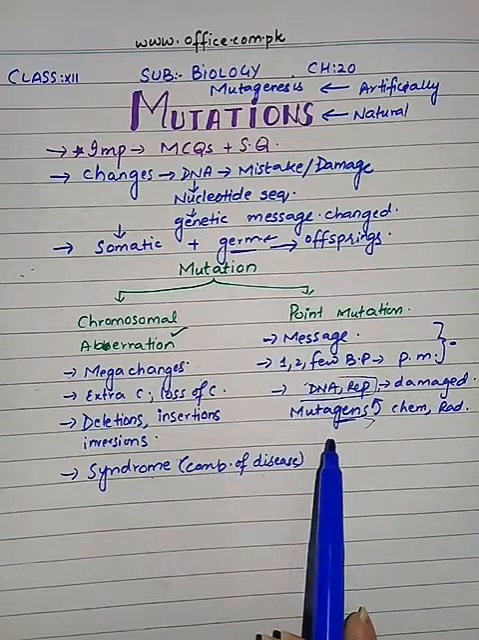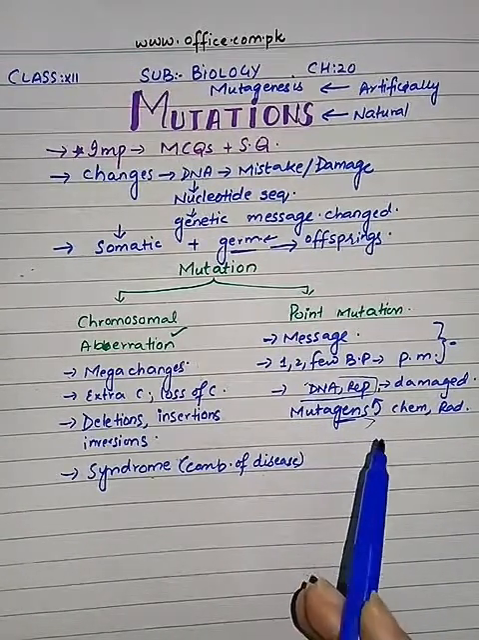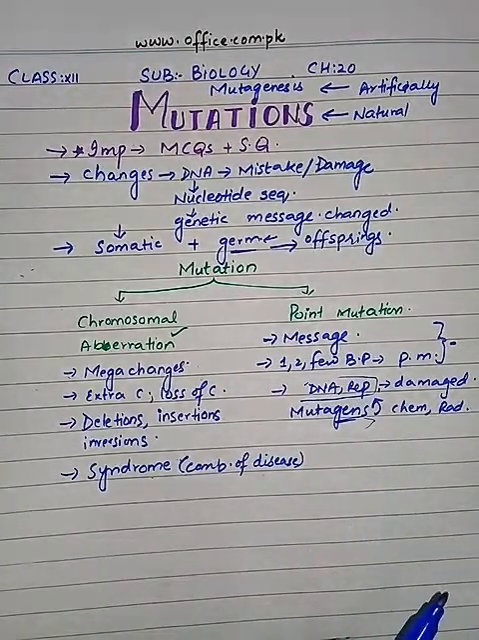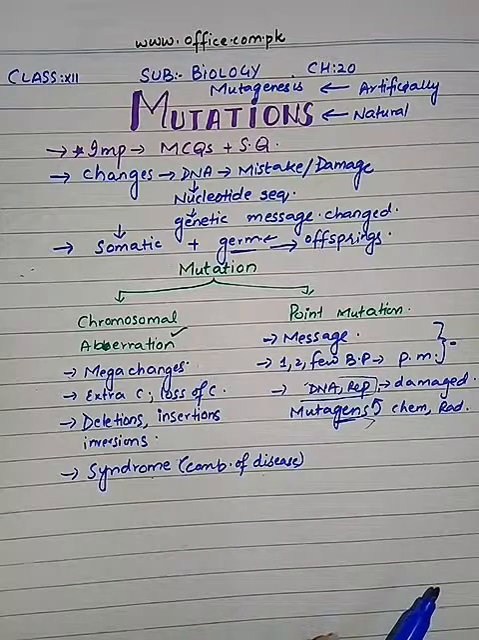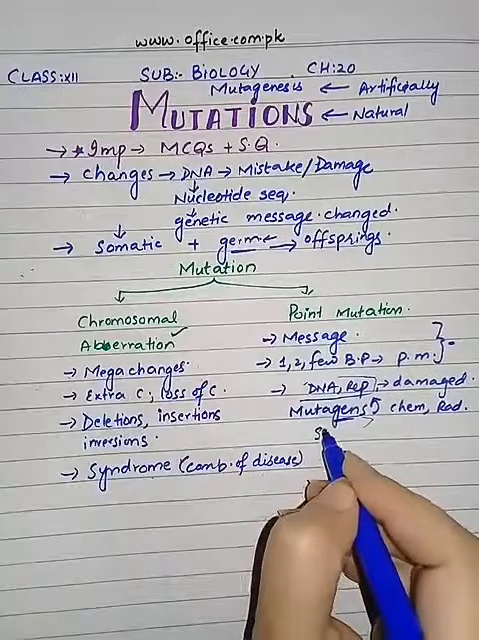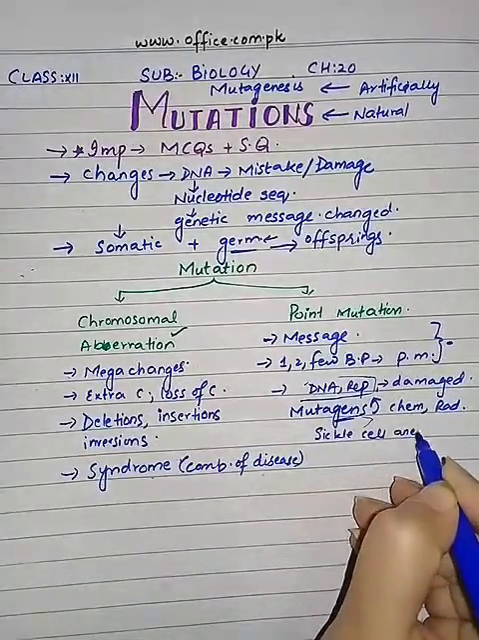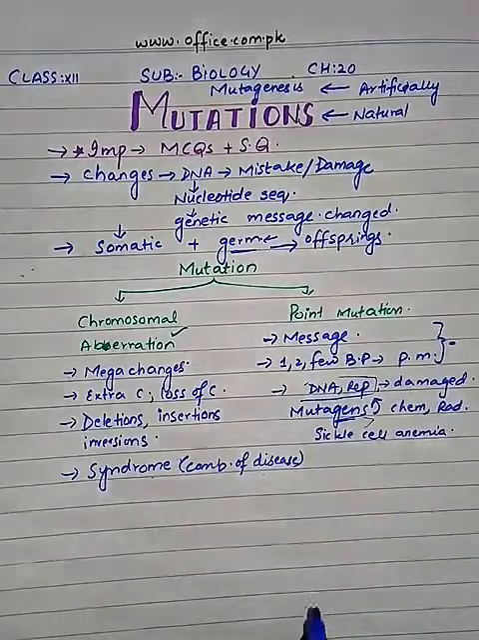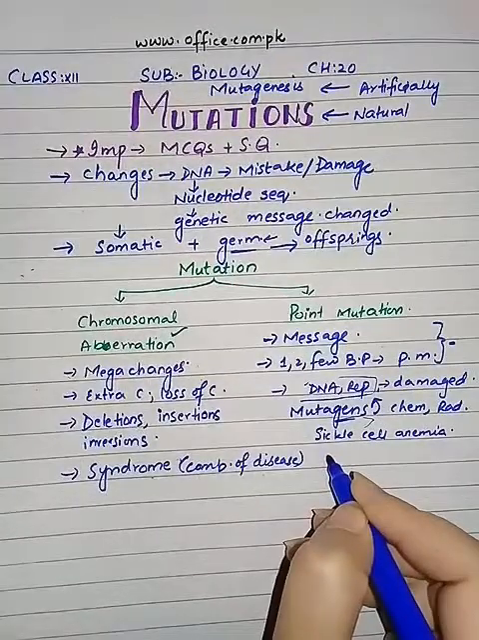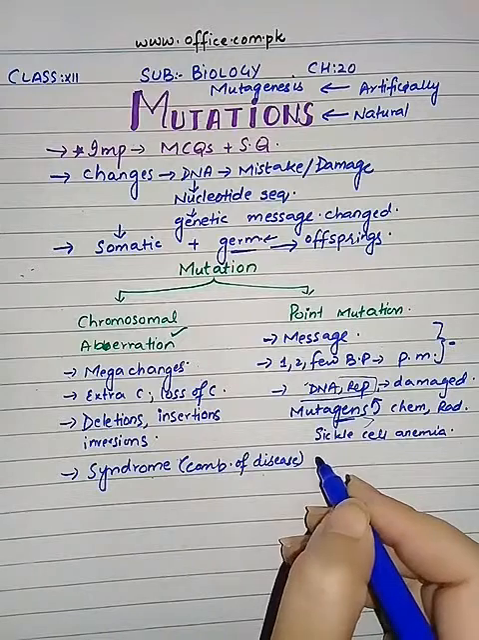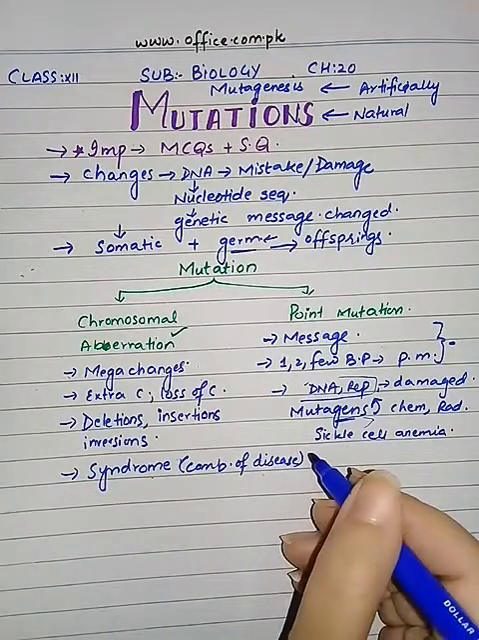Now this class of mutation which is occurring due to mutagens is of particular importance because our modern industrial society is releasing chemicals into the environment which are mutagens. So we have discussed sickle cell anemia as well as alkaptonuria, phenylketonuria,